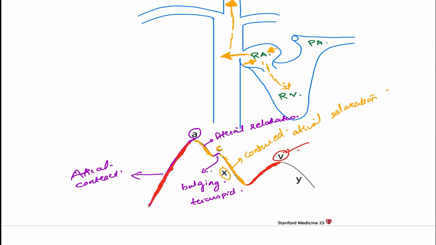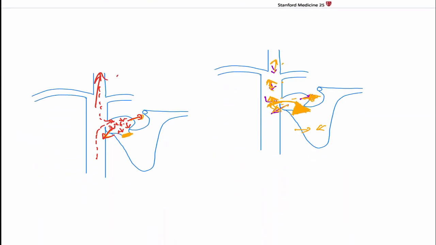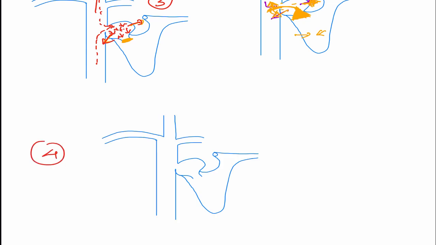What happens next? So this was, I would say, the first stage, okay, where there is atrial systole. Then we saw the atrial relaxation. Then it continued by the tricuspid valve being pushed inside into the atrium, and then we saw atrial filling of the blood, the formation of a V wave. Now once the atrium is fully filled, what happens next? So that's the fourth stage, when the atrium is completely filled. What happens next? This valve gets open.